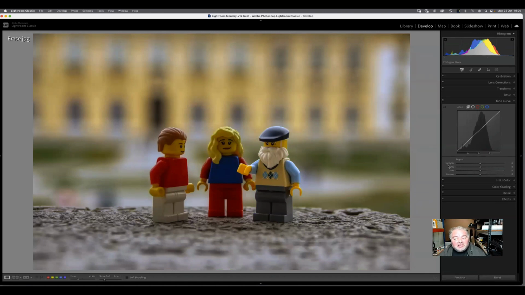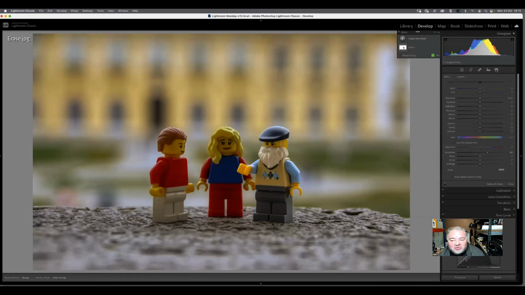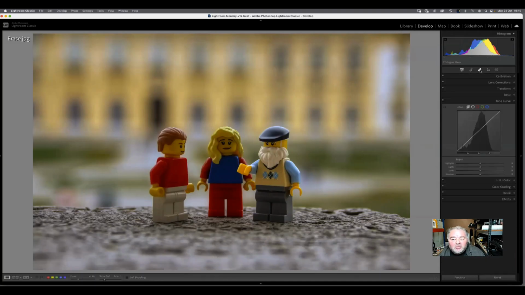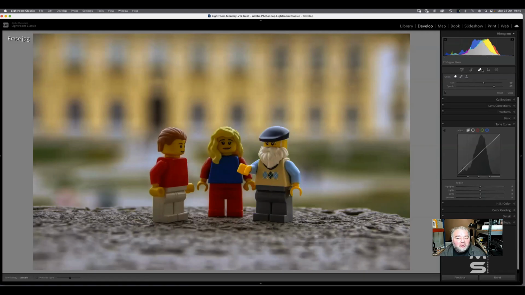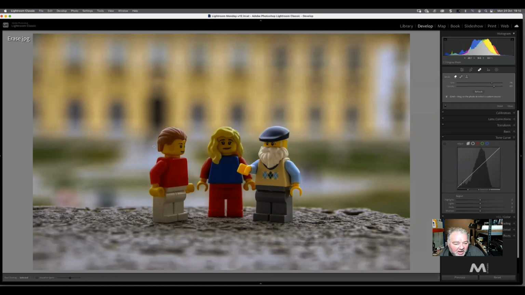Okay? It's now in Lightroom because the competition has offered this in their photo editing software. Okay? So we've got that selection. This is masks that we've been looking at. Okay? We've got new clone heal tools, and we've got the erase brush. Okay? So I select the size of my brush, this one here, and I paint over,